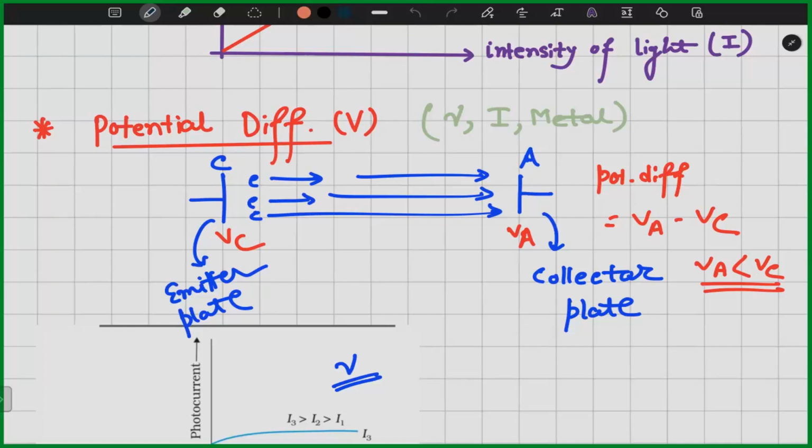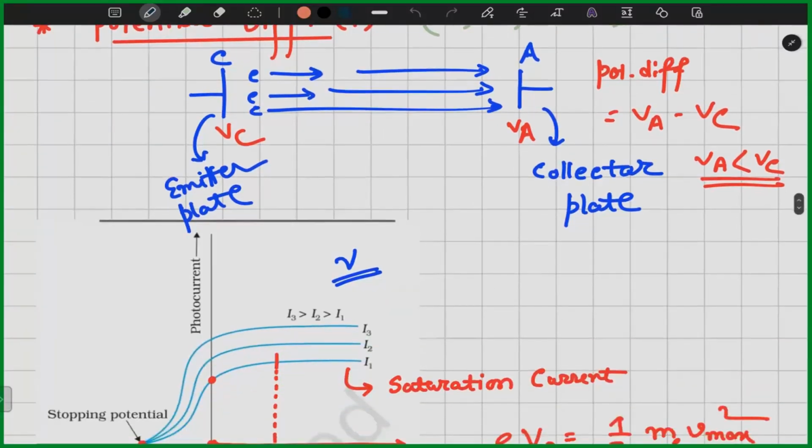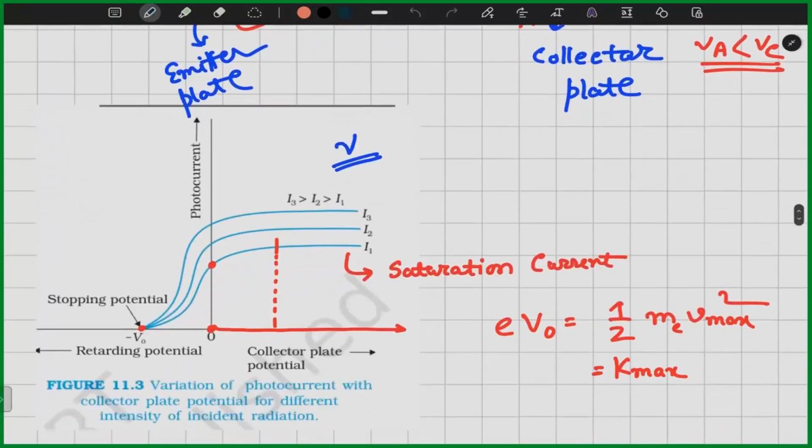Now, if there is a zero potential difference, if both potentials are equal, we can see here that the potential difference is zero. Then also we can have some photoelectric current, because after radiation of the light, electrons are emitted, and an electron has some kinetic energy. Using that kinetic energy, it can travel the distance and reach plate A, and as a consequence, we can have photoelectric current. So even if there is no potential gradient, we can have